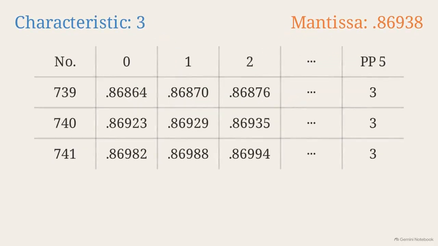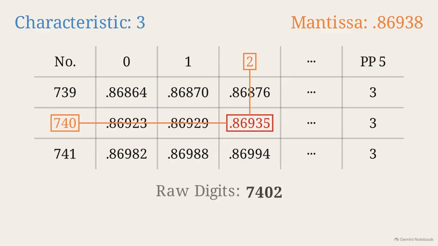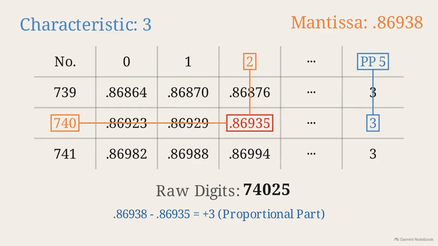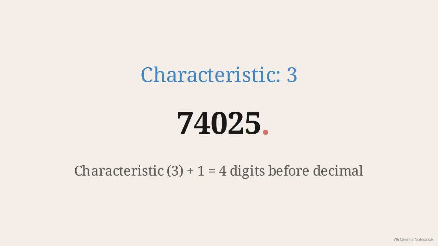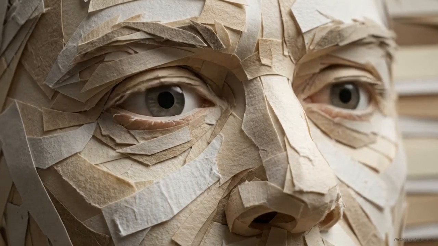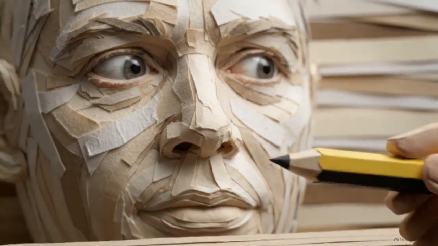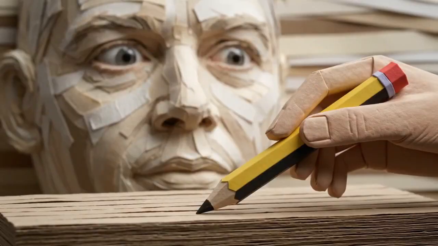We search the sea of decimals in the center of the grid for the closest match to our pattern. When we find it, we trace the row left and the column up to the top, revealing our raw digits, 7402. We use our gap matching trick one last time to find the final decimal, then use our scale tag to determine exactly where the decimal point belongs. The translation is complete. We started with an impossible calculation and extracted a precise answer using only our eyes and